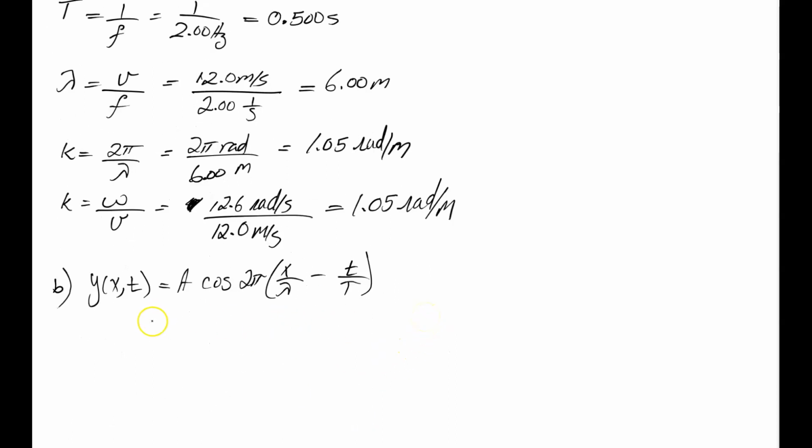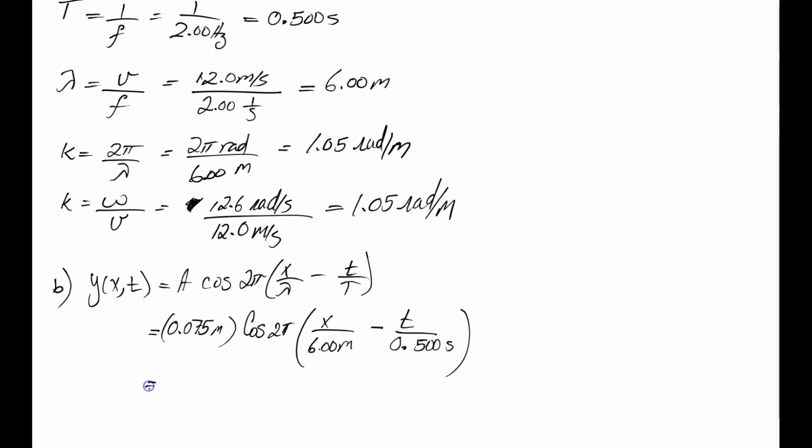And if we plug in these values, we get 0.075 meters cosine 2 pi times x over 6 meters minus t over 0.5 seconds,